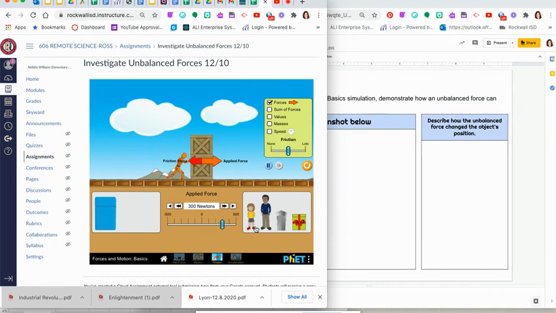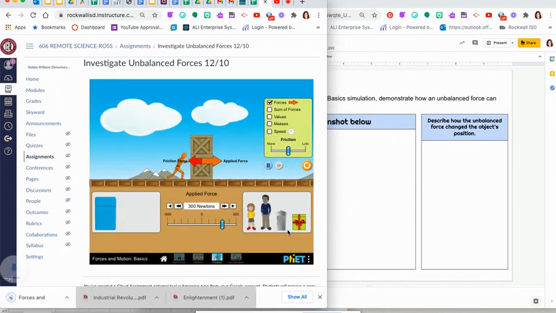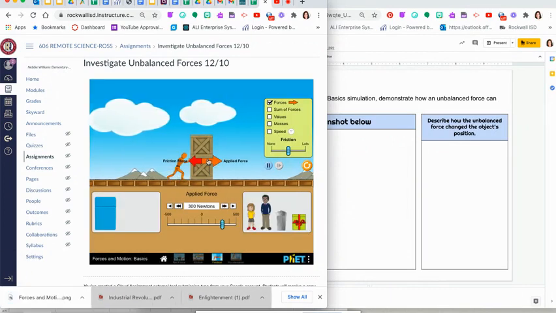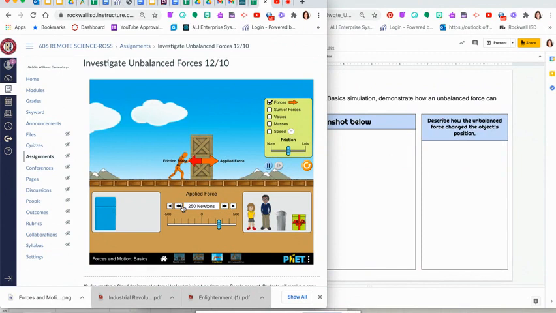Okay, I caused an unbalanced force. That box is moving now. So I'm going to take a picture of my situation. Take a screenshot. Okay, so I captured that. I can see in this case that my applied force arrow is greater than my friction force arrow. So I have unbalanced forces. They are not currently balanced. When I balance them,